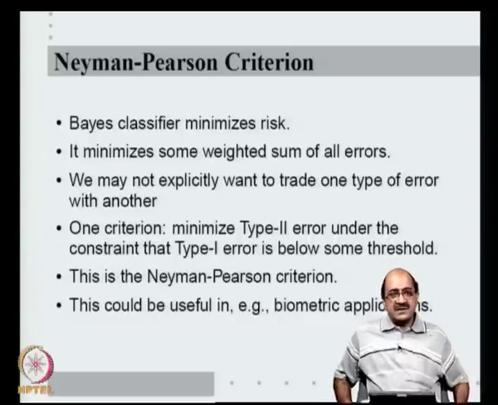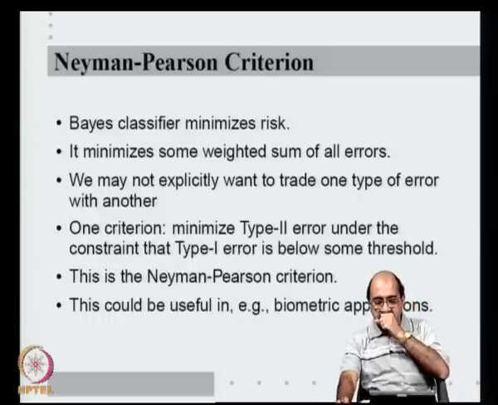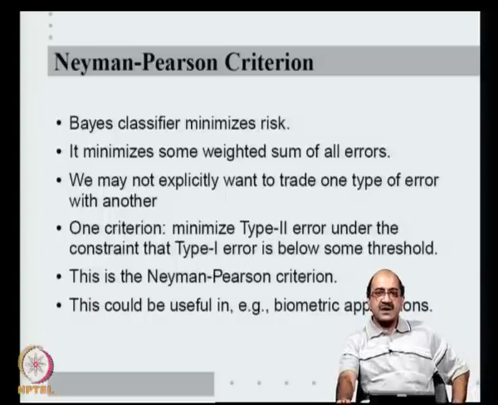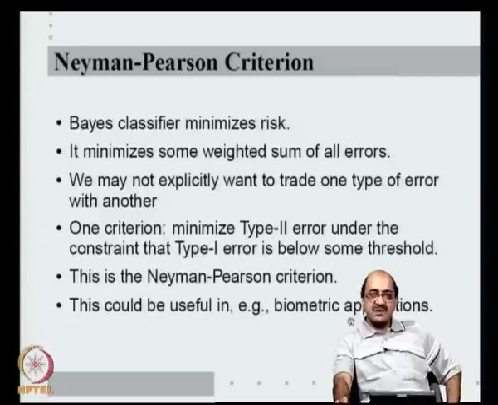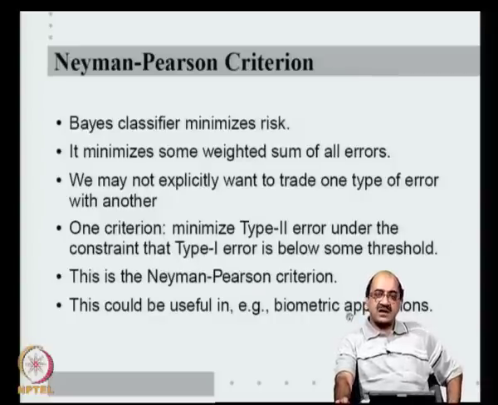Right. So, there are applications where you do not want to trade errors of one kind with the other. I may want to put a threshold on the error of one kind. That is, I want the probability of error of one kind not to exceed something, and given that, I want to then minimize the other kind of error. So, as I said, it is generally useful in biometric applications where I may want to put an absolute bound on how often I may allow an unauthorized person to gain access, and while I am satisfying the specification, I want to minimize the number of times I will throw away an authorized person.